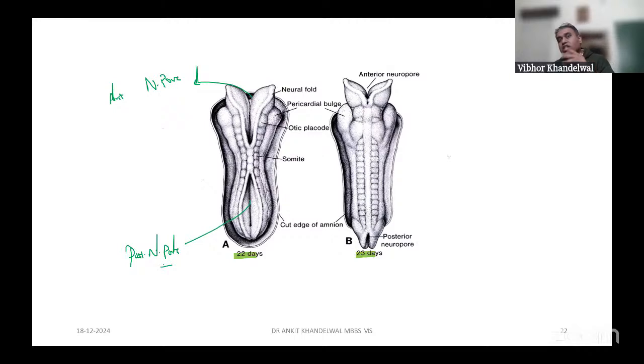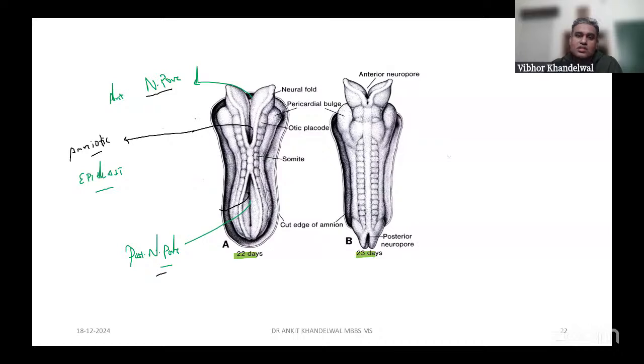Now, ectoderm side, if you recall gastrulation, was it the epiblast side or the hypoblast side? It was, sir, above, say epiblast side. Very good. So this all is occurring at the side of the epiblast. If we go to the 2nd week, what was the cavity above the epiblast? It was the amniotic cavity, yes or no? Having the amniotic fluid. So when this whole neural tube is open, with pores on the anterior and posterior side, the first fluid to enter the tube is amniotic fluid. So in the beginning, the amniotic fluid travels inside the neural tube